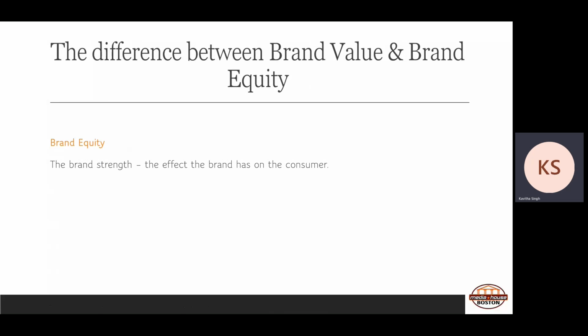Equity means, for example, in the accounting equation, they say assets is equal to owner's equity minus liability, or whatever the equation is. I've actually forgotten my accounting equation. So it is something that is valuable and similar to reputation. If you look at the reputation of a corporate organization, this is similar, but it's called brand equity specifically for a brand. It's how strong the brand is in the market and the effect the brand has on the